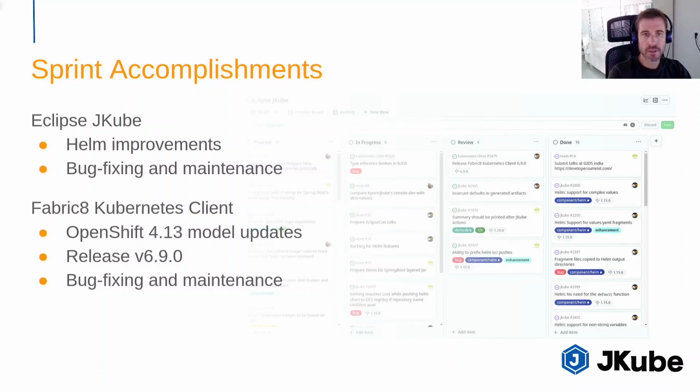Regarding JKube, we've kept adding more improvements related to the Helm features. This will probably lead to the release of Helm Maven and Gradle plugins to fulfill all of the Helm related requirements for Java applications. For the Fabric8 Kubernetes client, we work on updating the OpenShift model types to be compliant